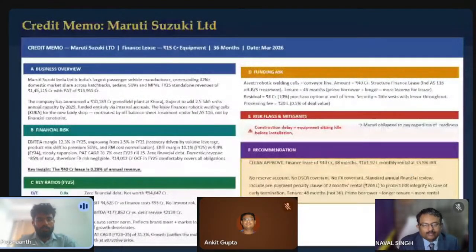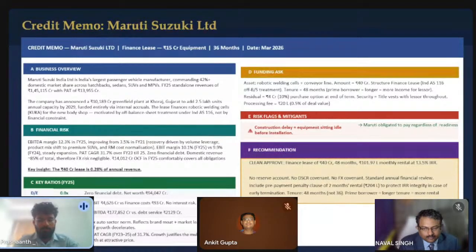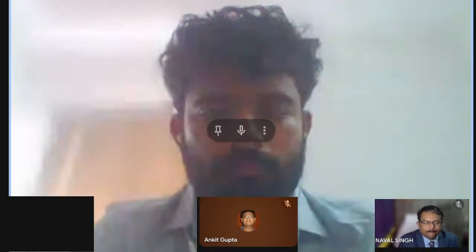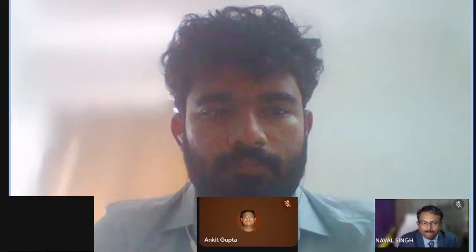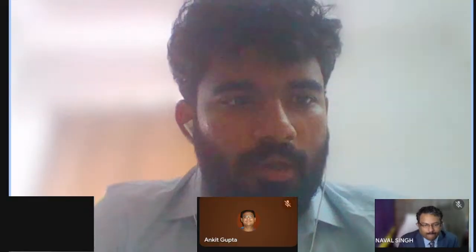So before I walk you through the credit memo, I'll very quickly walk you through the balance sheet, and let's understand the nature of the business, and let's also understand how the balance sheet as of 2025 looks like. As we can see, the very first thing that caught my eye with respect to the balance sheet is that